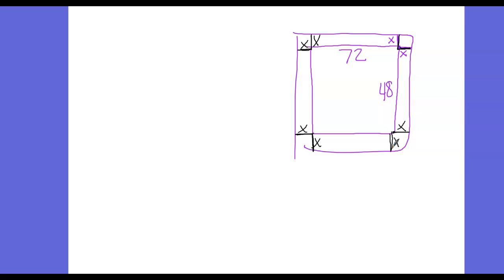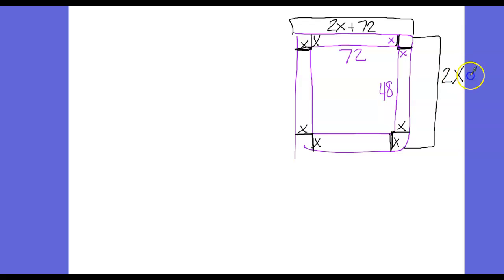Okay, so that means that this entire side length with the fringe would be what? X squared. I have X plus X. So when you're adding, it would be X squared. No. X plus X gives me 2X. And then plus what else? Plus 72, because that's the actual blanket part. Good job. So then this side length is what? 2X plus 48. Because I have an X here and an X here, so that would be 2X plus 48